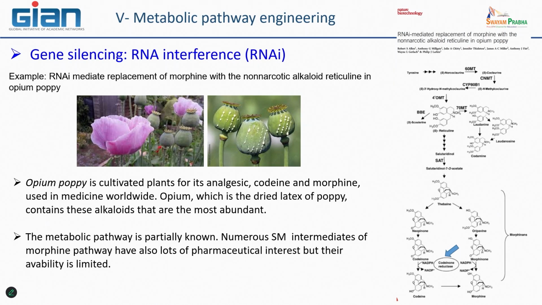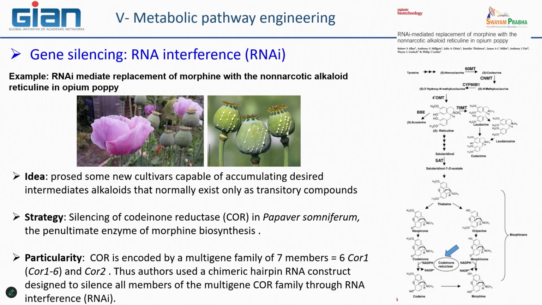And at this moment, there was one enzyme that was interesting to test as a good candidate for this particular step, because the pathway was at this moment only partially known. Now it is better known. So they wanted to accumulate morphine. No, it was the contrary. They wanted to decipher, in fact, this part of the pathway.